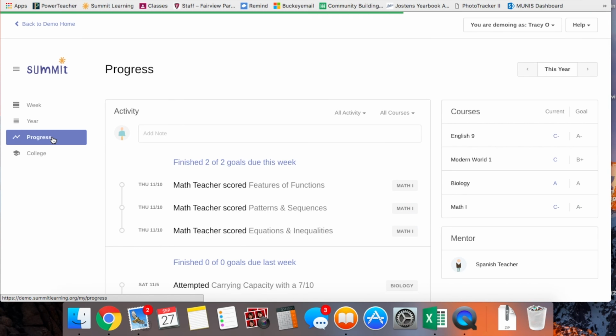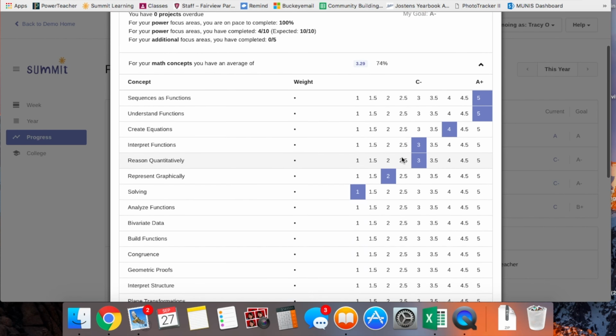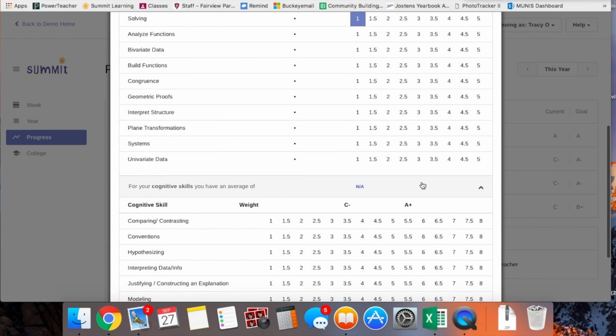If you look in your progress then for math, these are your math concept grades. It's the same idea, except the numbers here are a little bit different. So in math for your concepts, a 3 is a 70%, and then it kind of goes up from there. So you have to get at least a 3 on those performance tasks.